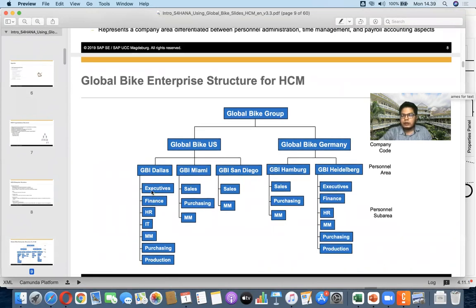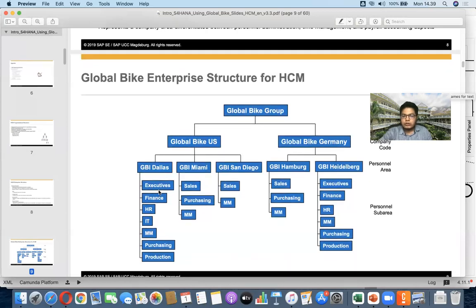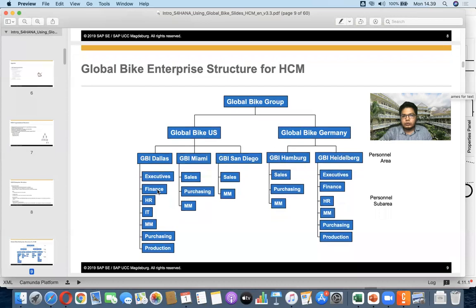It is functional departmentalization, let's say. This is the function that is present in the structure of the organization, like executive, finance, HR, IT, MM, purchasing, production. We can divide this so that people will be assigned to each of these functions or personnel subareas. As you can see, different branches might have different structures.